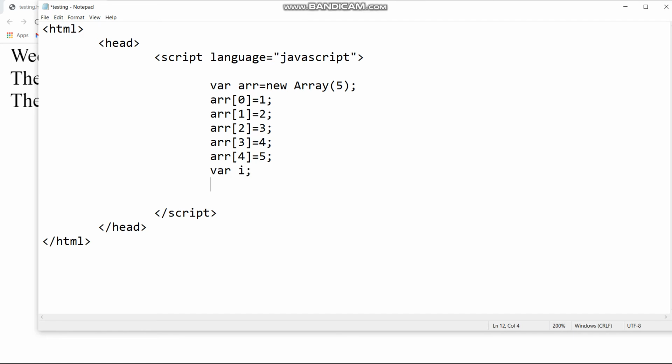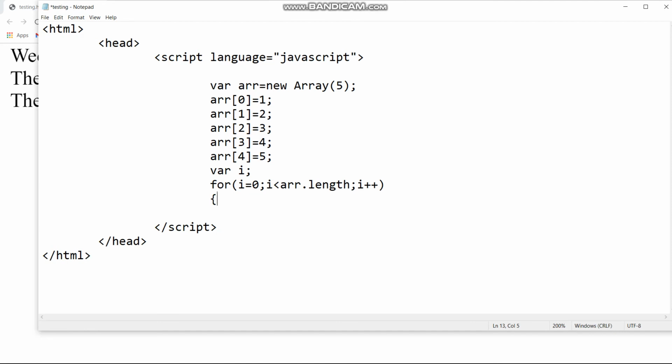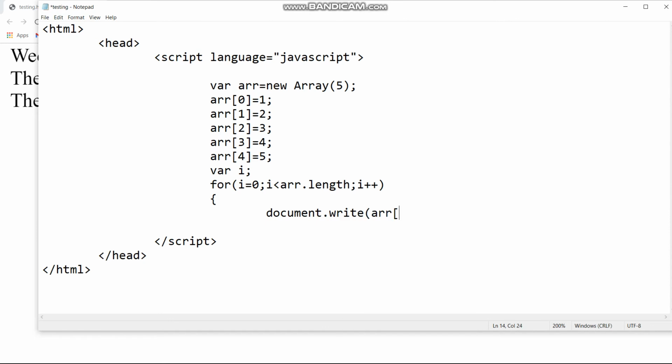Now I am taking a variable i, because I need to put a for loop. So for i equals 0, going to array.length, and then i plus plus, and inside it we will say document.write array[i].